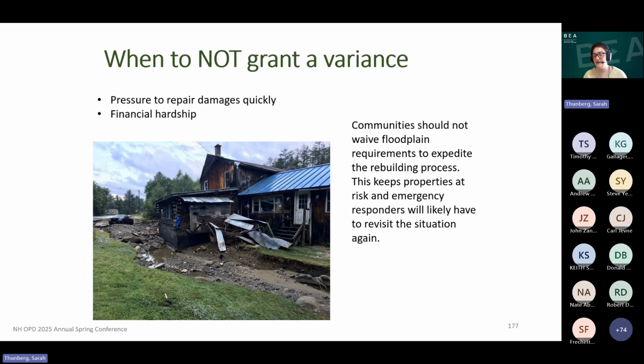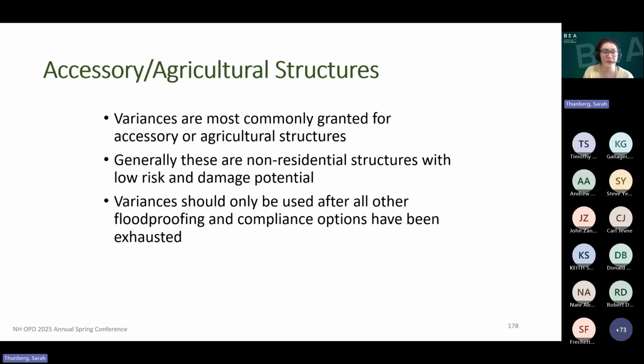And I understand that administratively it can be a lot of work. And there is some FEMA assistance available for maybe hiring a part-time staff to help out with doing the determinations. But you are expected to perform substantial damage determinations as a participating community of the National Flood Insurance Program. All right, so that's enough of when not to grant a variance. Let's actually get into situations where a variance would be appropriate.